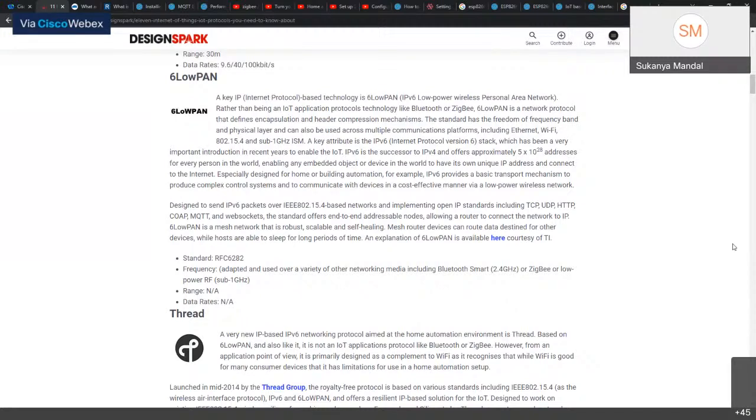And self-healing means that if there are any issues on the network level, it can heal on its own and start operation in its normal form. Anyway, a mesh router device can route data designed for other devices, while hosts are able to sleep for long periods of time. And explanations of 6LoWPAN are available here.